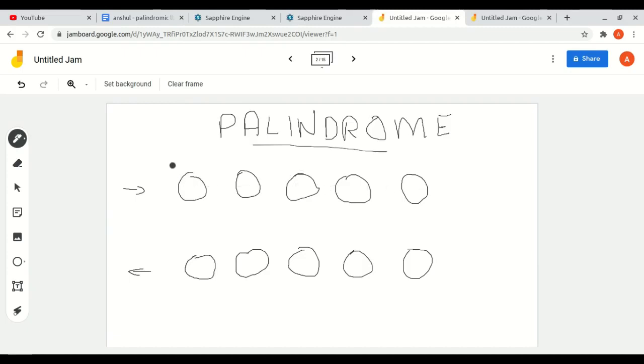If we look at a sequence from start to end, let's take an example A B C B A, and we write its reverse order: A here, B here, C here, then B here, then A here.